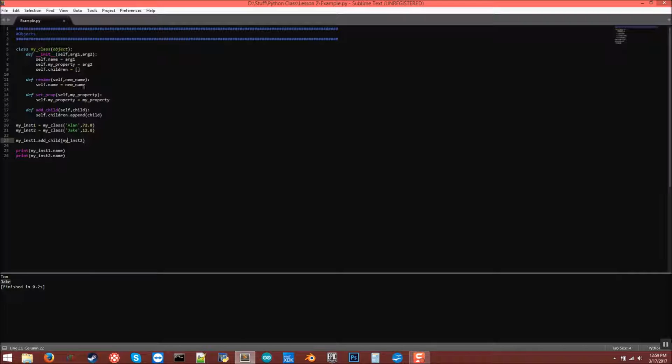So the second instance is getting passed in for child. We've basically made a new data type with this. You can think of it like passing in an integer or a boolean or whatever. Now we're passing in an instance of my class as a variable. So passing that in for here,